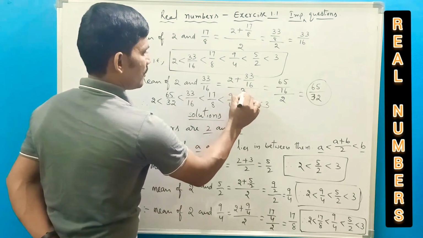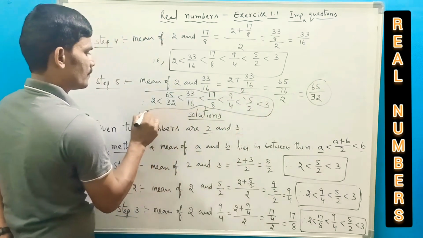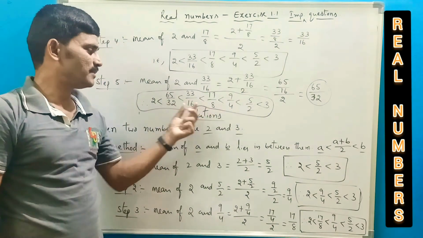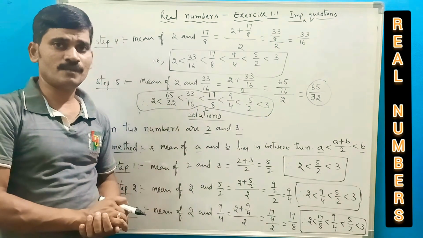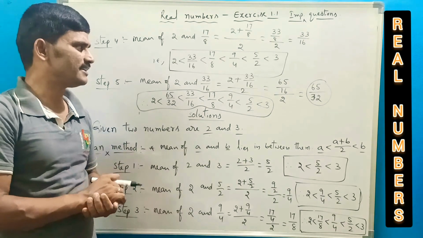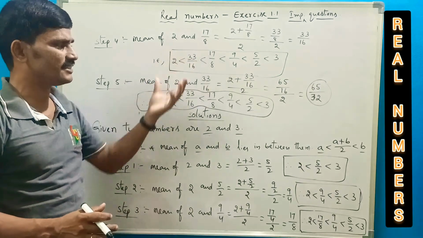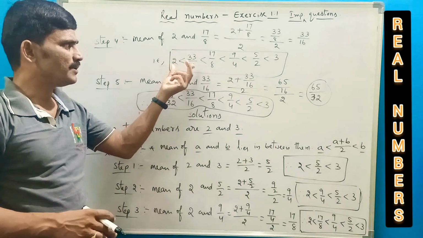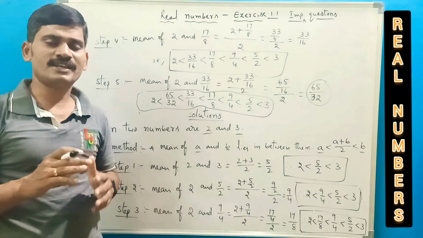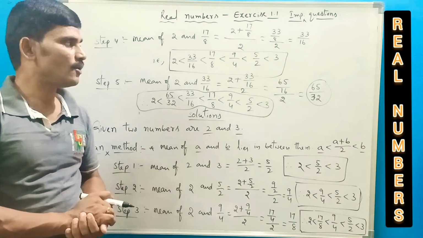So this is how you can insert the rational numbers between any two given rational numbers. The mean method involves calculating the mean of two numbers. So in each step you have to calculate the mean, thereafter you have to insert between those two taken numbers. But whereas equivalent fraction method is little bit easier than mean method. Let us see how it goes.